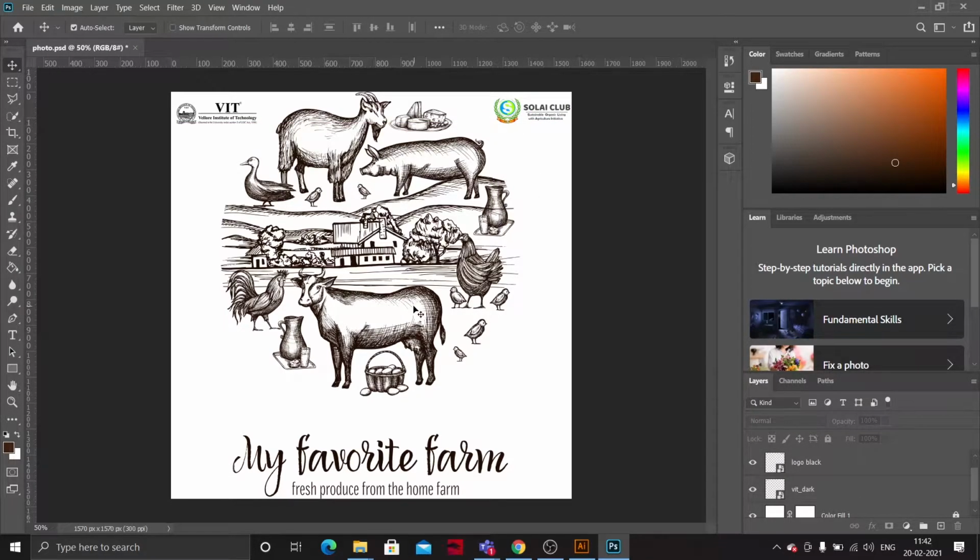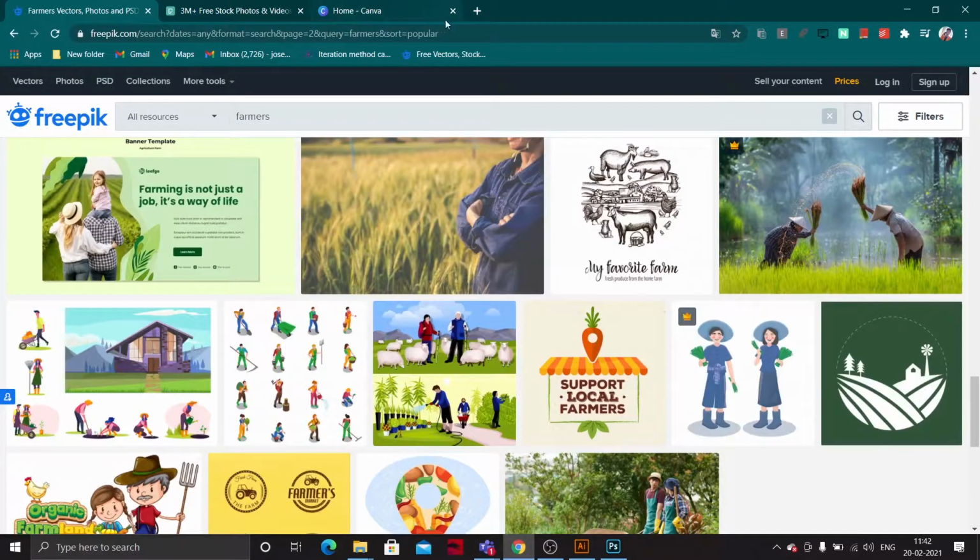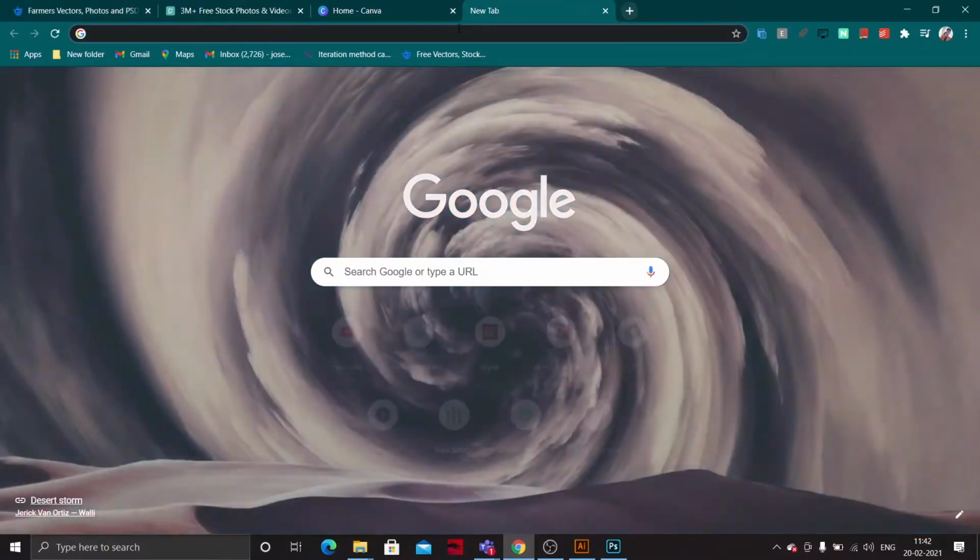Okay, now we have to add our text, meaning the basic text of our club posters. First I'll show you an example of our posters.